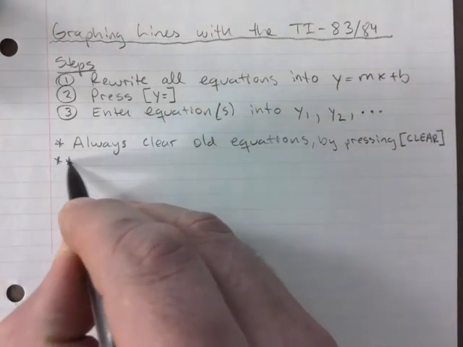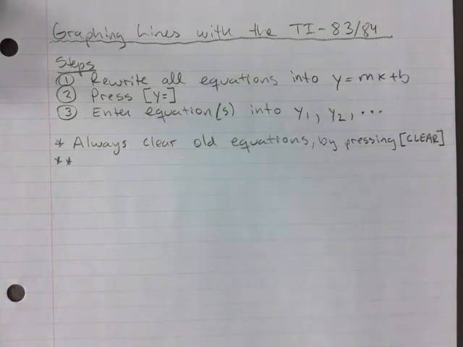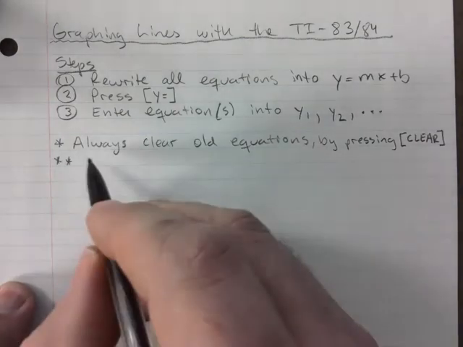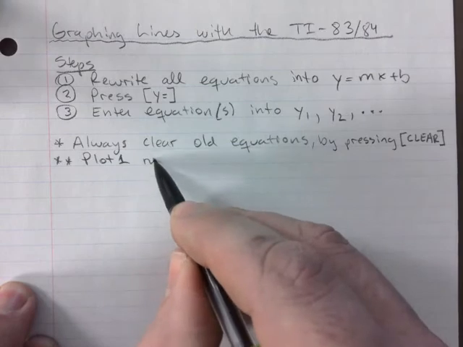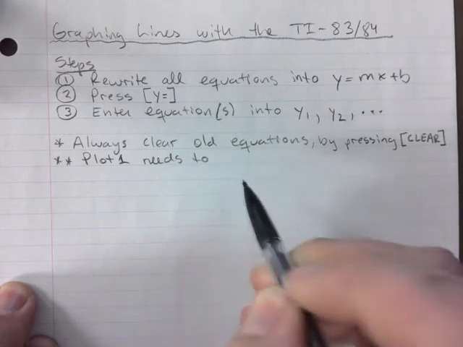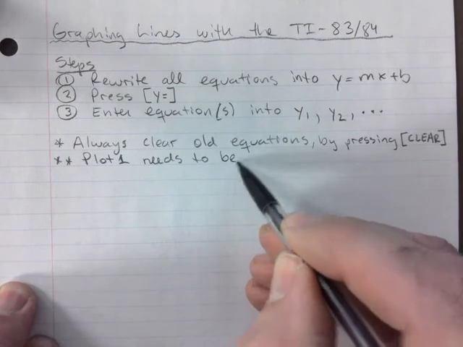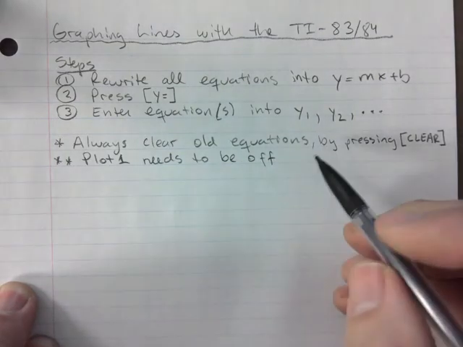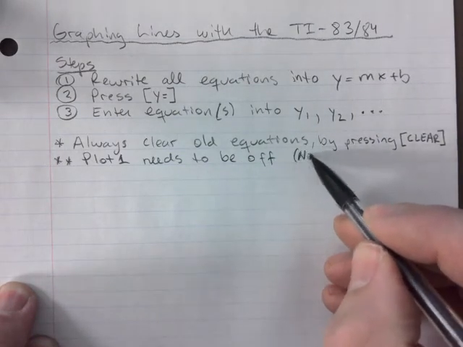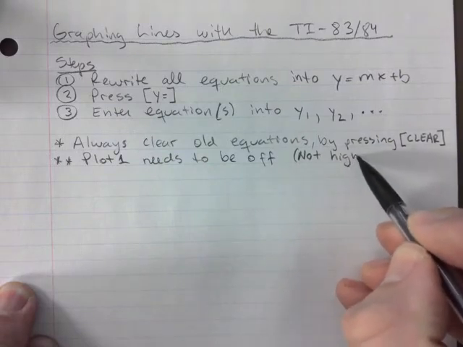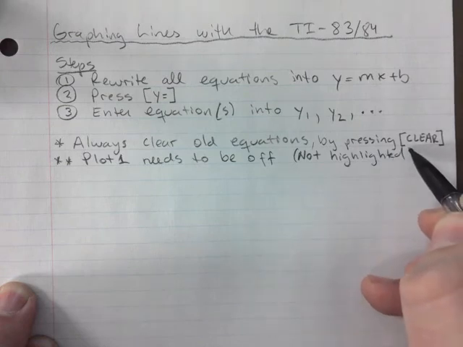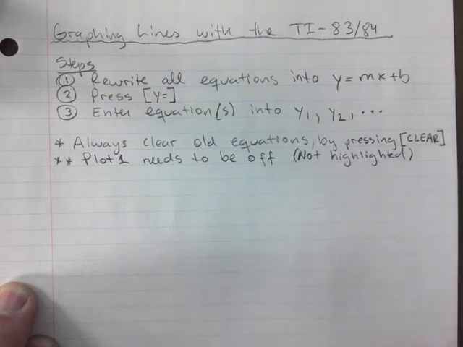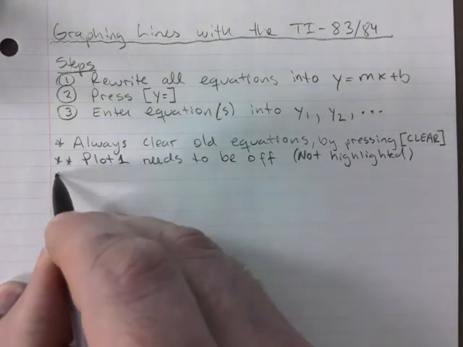So second star, this is almost like a credit card application when you go star, star, star, right? You go to the bottom of it, it's like 3 pages worth of, not quite, but plot 1 needs to be off. In other words, not highlighted. Okay. It needs to be off. Okay. And then the third,